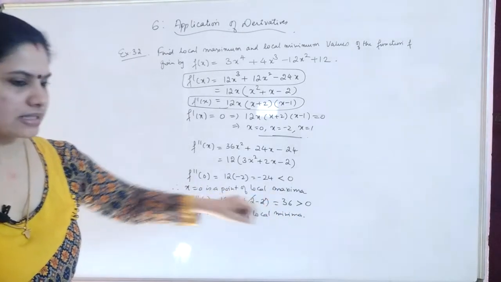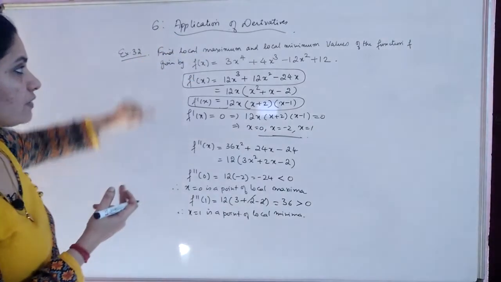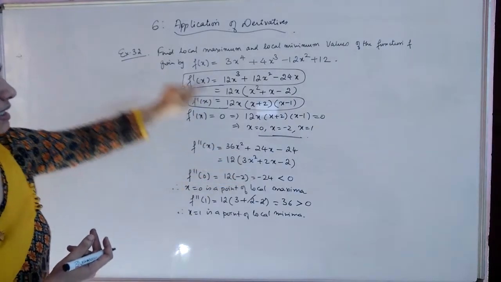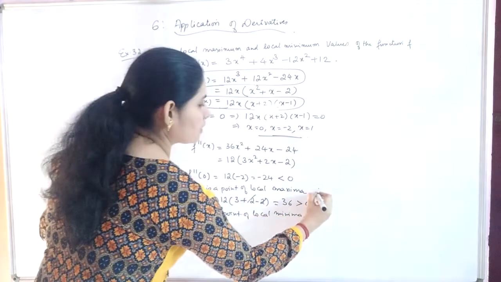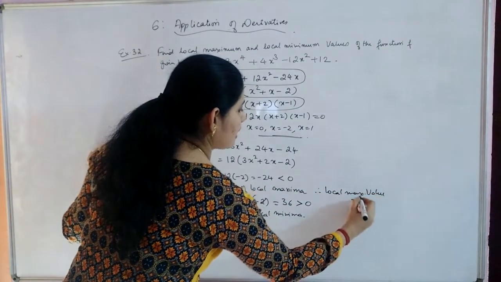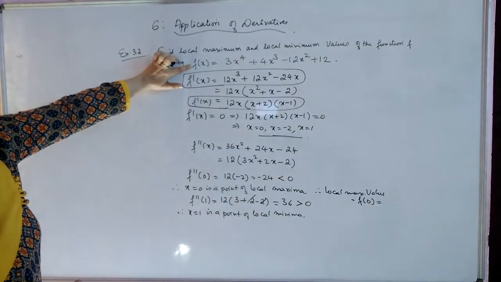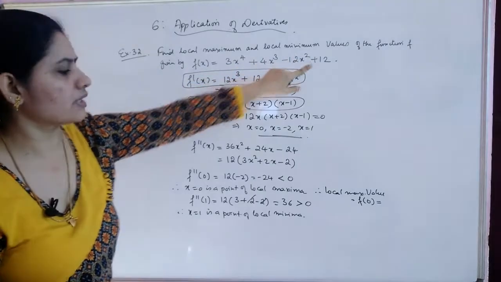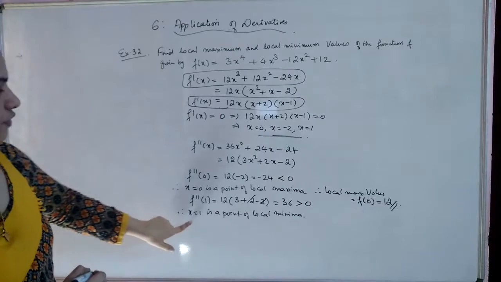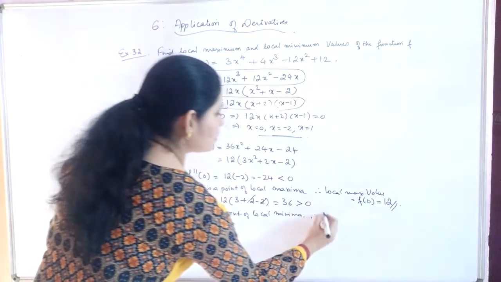Less than 0, maxima. And how will you get the local maximum or minimum values? You have to replace the value in the function. Okay, x equal to 0 is a point of local maxima. So therefore, the local maximum value will be f of 0. F of 0 means you have to substitute here. What you will get? This will be 0, 0, 0. You will get 12 as the local maximum value. Understood? Now x equal to 1 is a point of local minima, means you will get the local minimum value as,